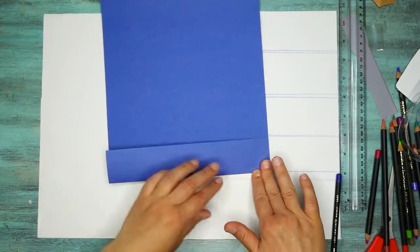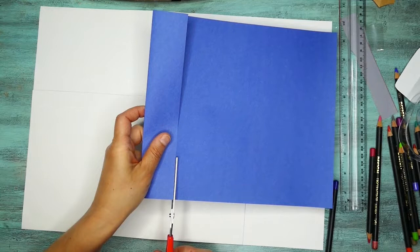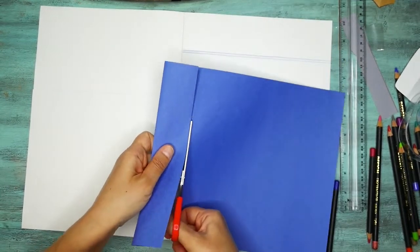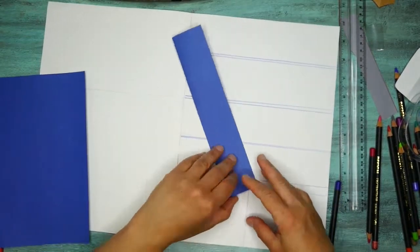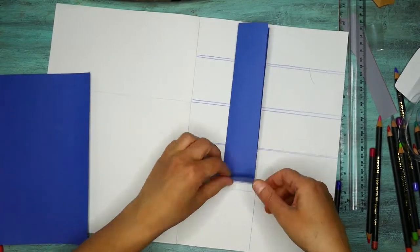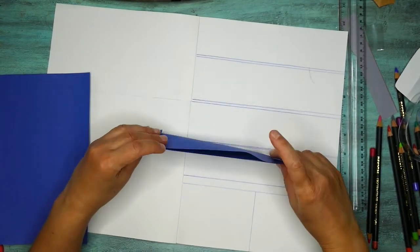All I'm doing is picking some kind of paper to use for my shelf. I folded a little section of it in half, and then I'm going to go ahead and just cut that. What I'm trying to do here is make a little pocket, because I'm going to draw some things that I can actually cut out and then put inside these little shelves. So these are the shelves that you might keep your ketchup and mustard and milk in on the side of the refrigerator. And you can just do it like this and then have yourself a little pocket like that,